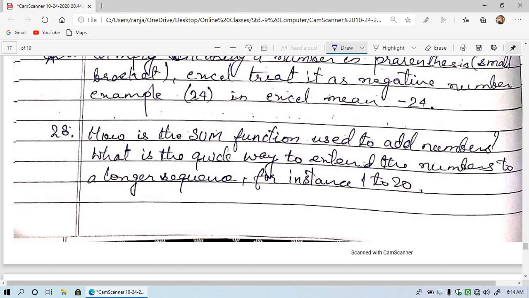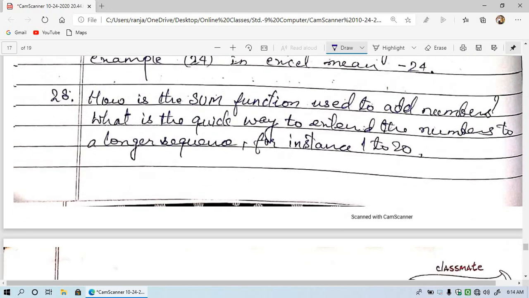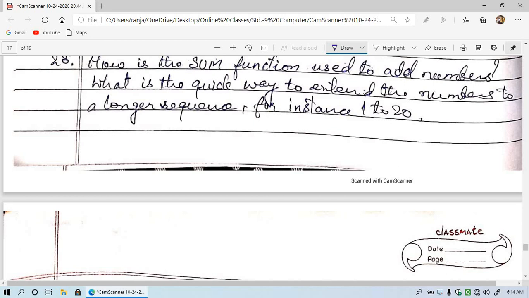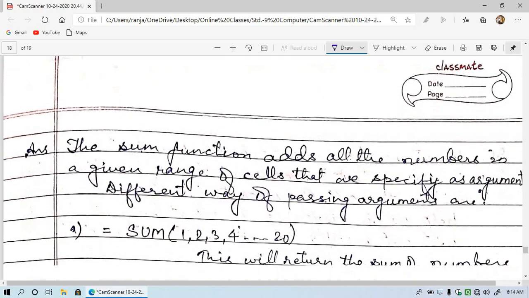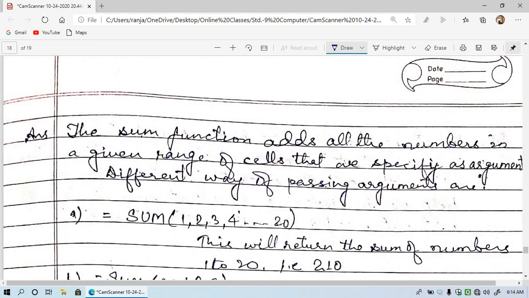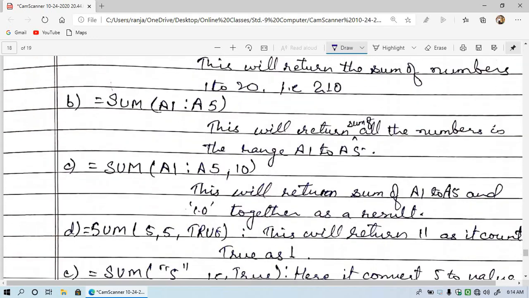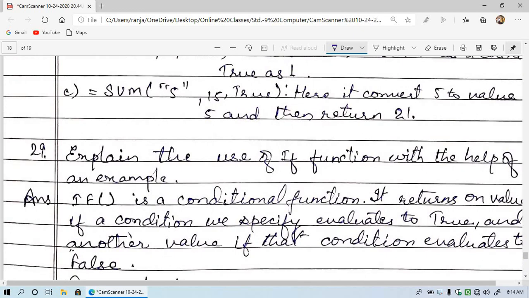What is the quick way to extend the numbers to a longer sequence, for instance 1 to 20? Then question number 29, explain the use of if function with the help of an example.